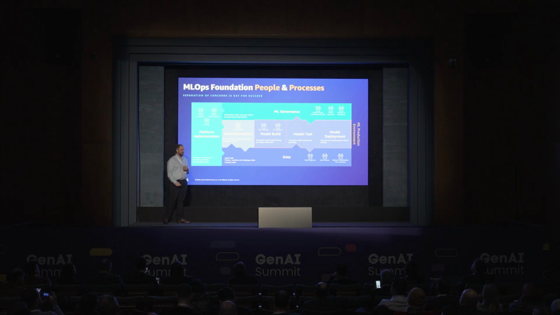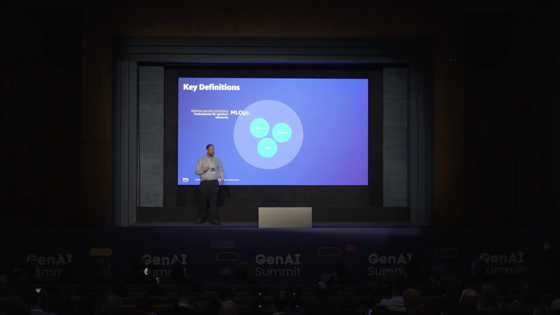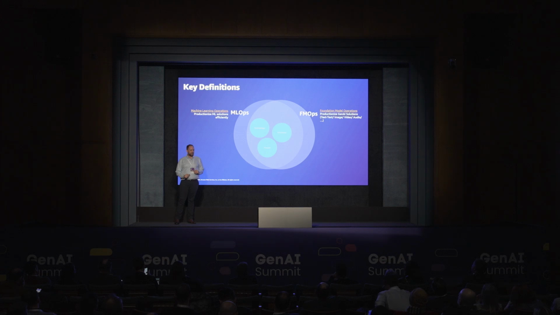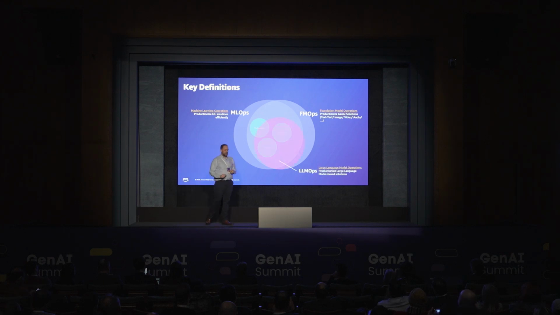Now, the last piece of the puzzle, after we have built all this. So, I talked about MLOps. And earlier I talked also about the notion of FMOps. What are the differences between the 2? MLOps is to productionize machine learning models. FMOps is to productionize foundation models. And a subcategory of FMOps is LLMOps. LLMOps is to productionize large language models. Okay? The key differences again for this one are,